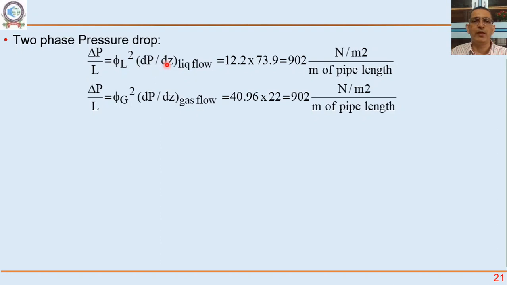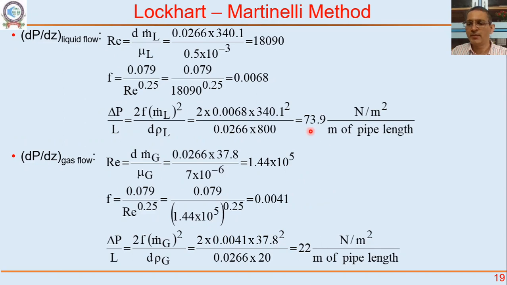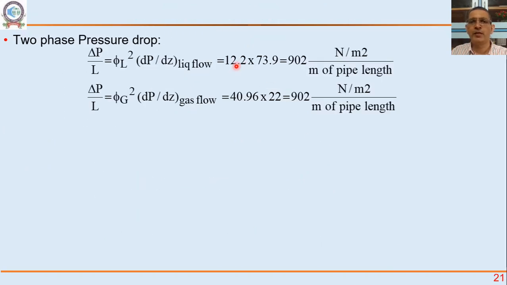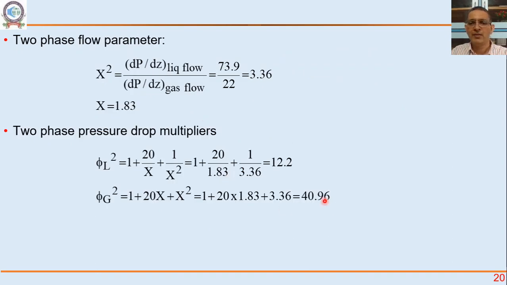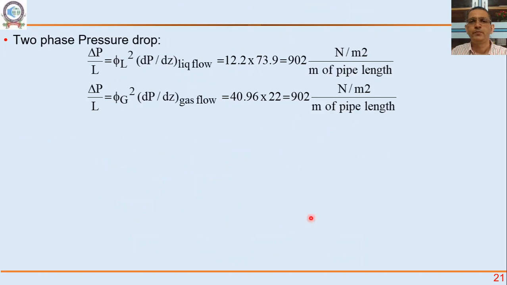phi L square multiplied by, for liquid, what is there for liquid? So 12.2 multiplied by 73.9, 902. Or we can do it from gas, 40.96 multiplied by 22, we'll still get 902. So that's how we can calculate the two-phase pressure drop when we are talking about flow of gas and liquid